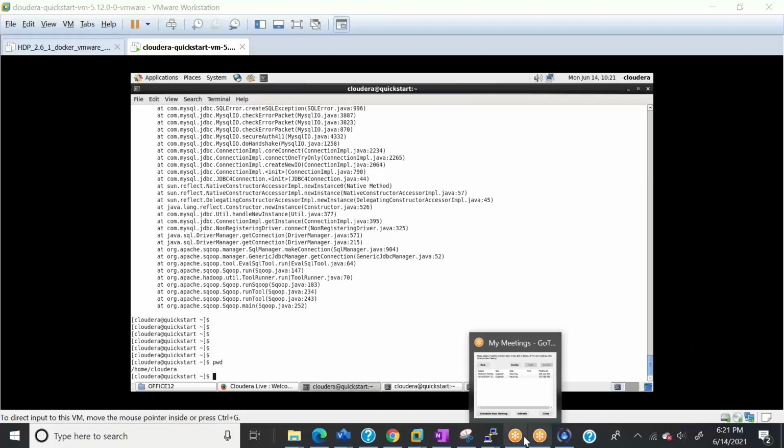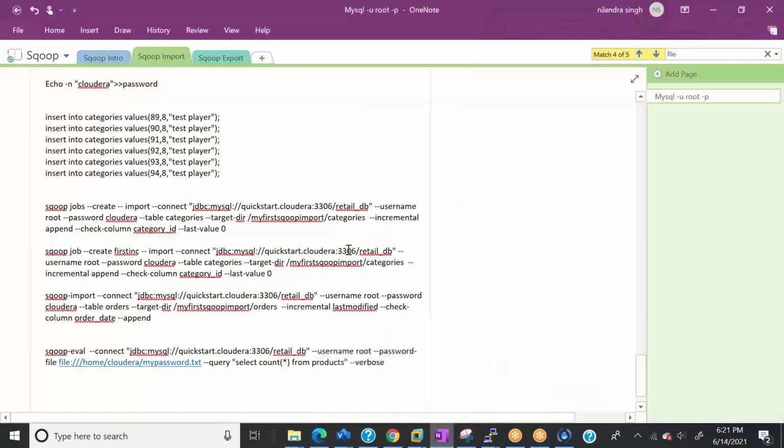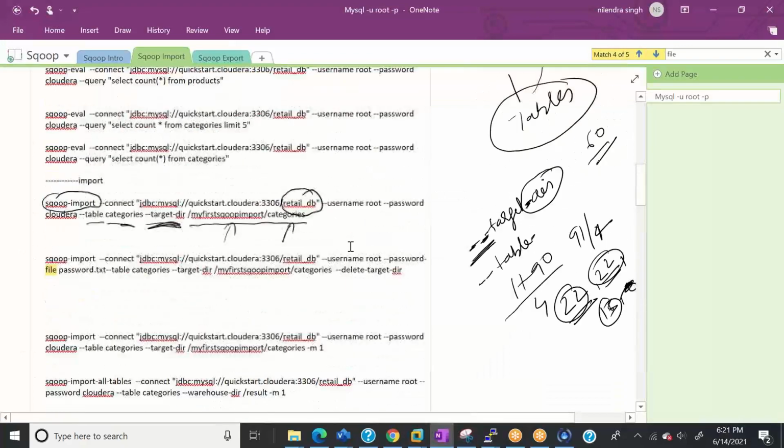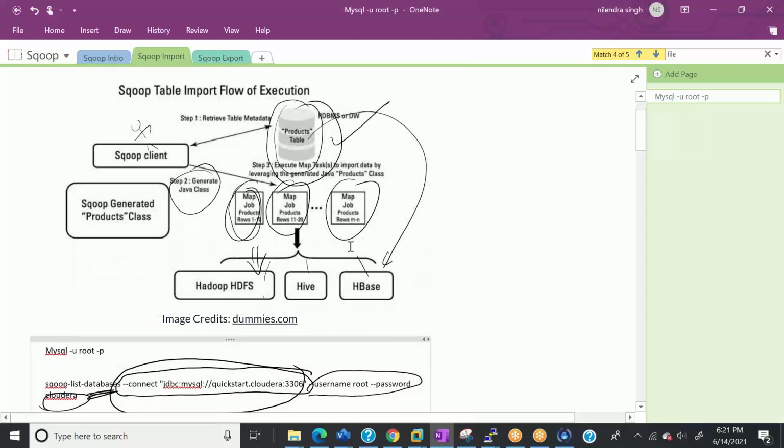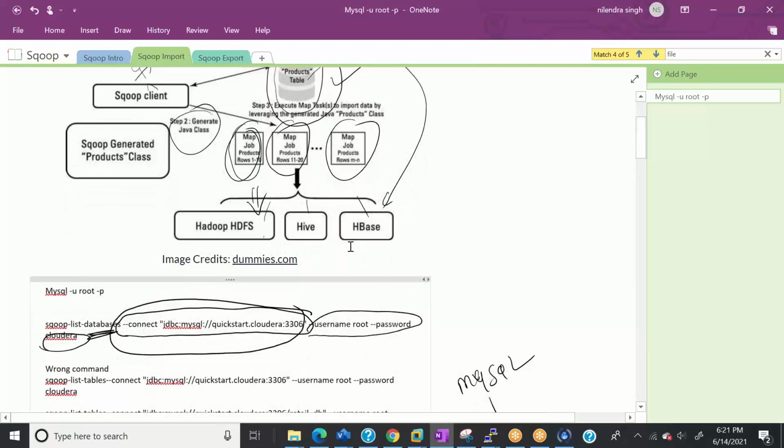Okay, so in the last session, we went through Sqoop, so let me quickly walk you through the scope for everyone's sake. Sqoop we use whenever we want to import data from any traditional databases. And when we talk about Sqoop, we talk about a few commands. The most important thing is the address of the source database.